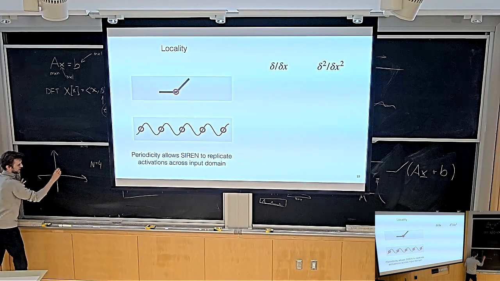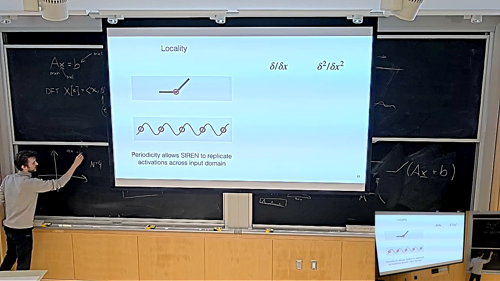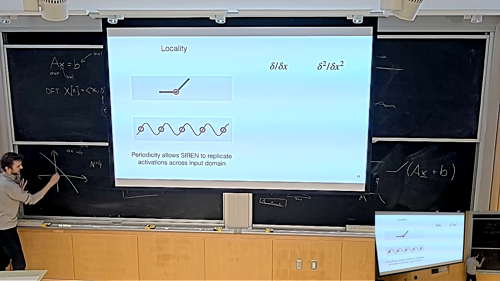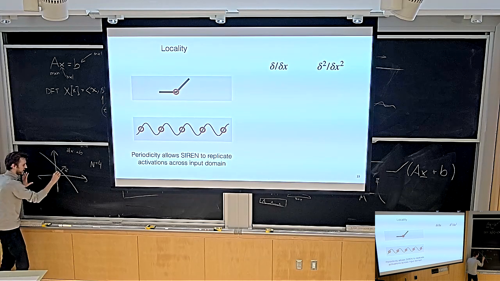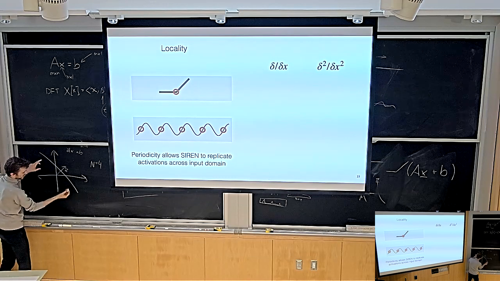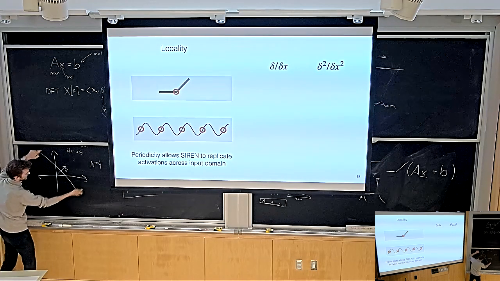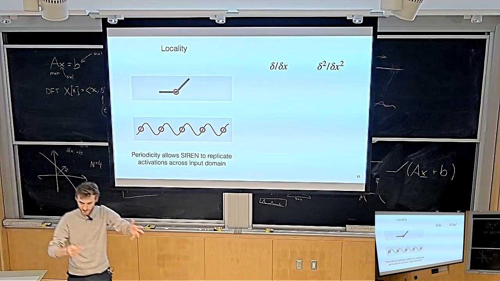This is your input space. If you have one vector Ax plus b, that defines a thing like this. This is going to be your vector A, kind of simplified, and the b is the distance, the offset from the origin. And then what does the ReLU do? The ReLU says everything on this side of the plane gets a positive output, and everything on the other side is set to 0. So that's what the ReLU neural network does.